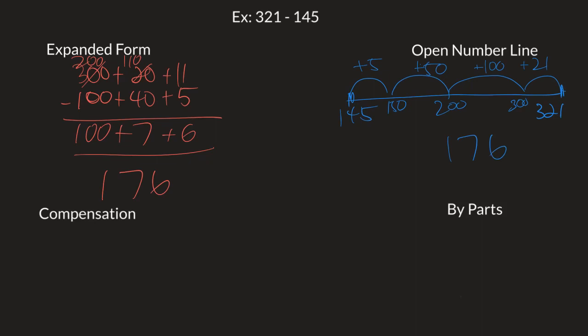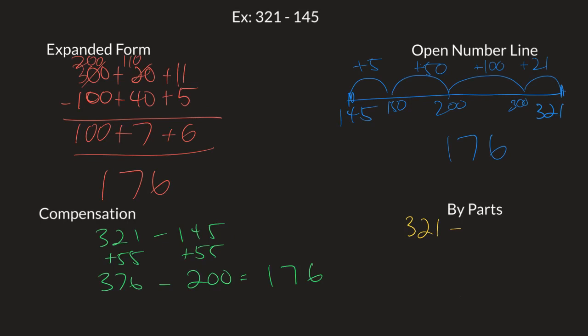176. Compensation is going to have us adding whatever makes it easier to get to a whole number. I would add 55, I would add 55, and what that gives us is 376, take away 200, which is equal to 176. And last but certainly not least, let's not make them feel left out, it is